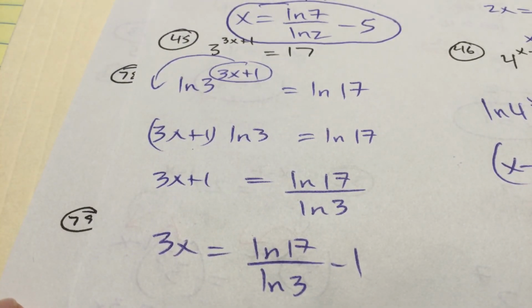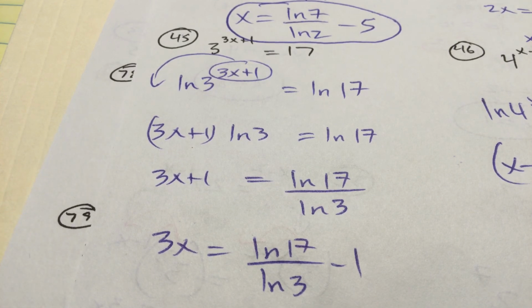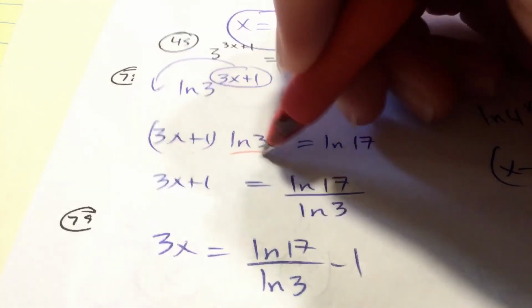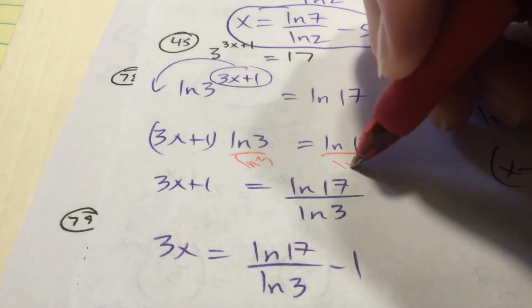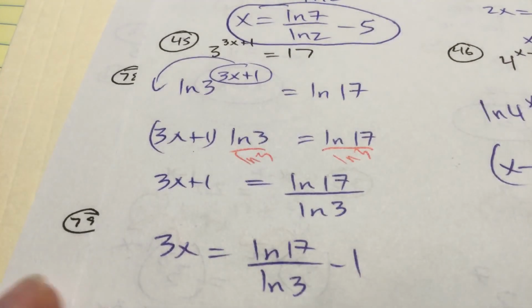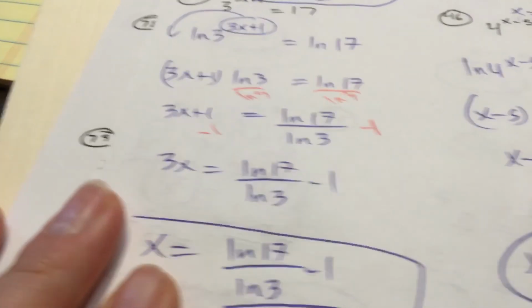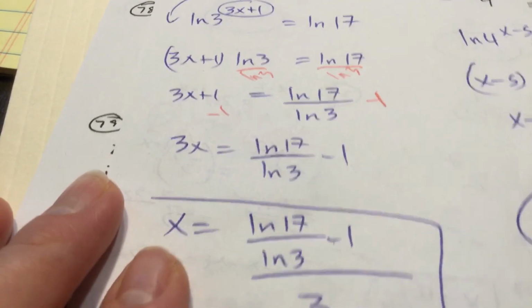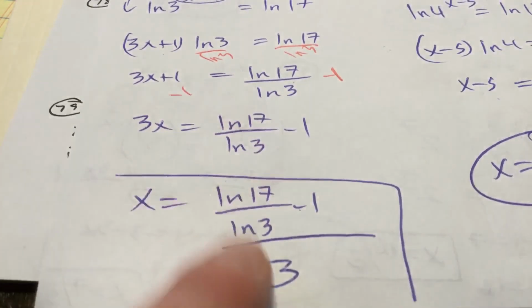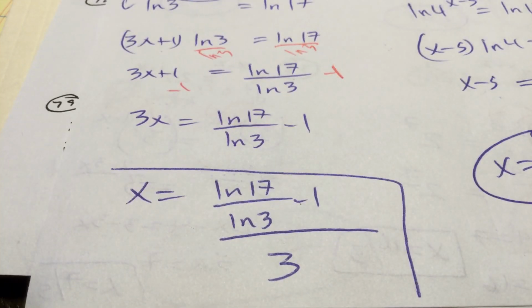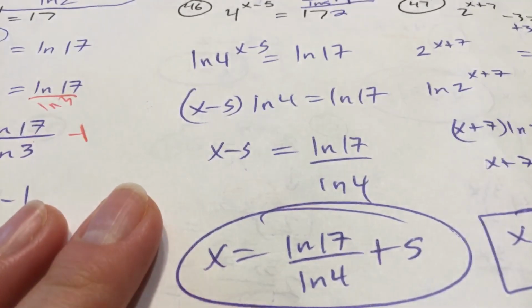Holy cow, look at 45. Attach natural log to both sides. There's no way to get 17 to be 3 to any power. Divide both sides by natural log 3. Okay. Subtract 1 from both sides. Subtract 1 minus 1. And then divide everything by 3. That is everything divided all by 3. That's one way to write our answer. And I can't get 17 to be